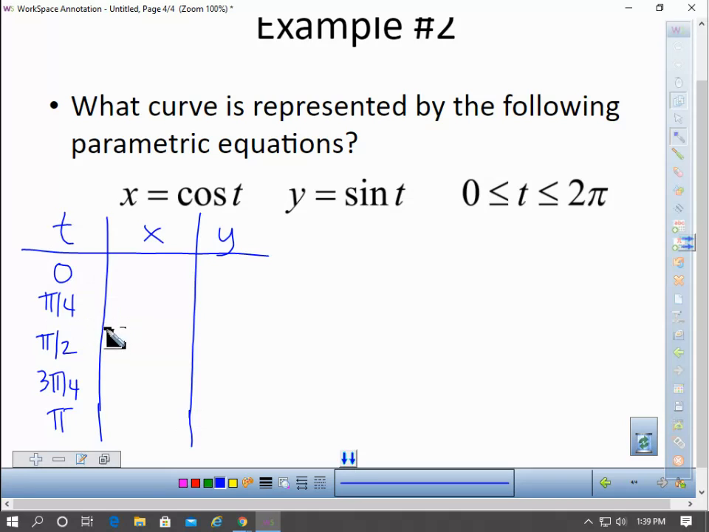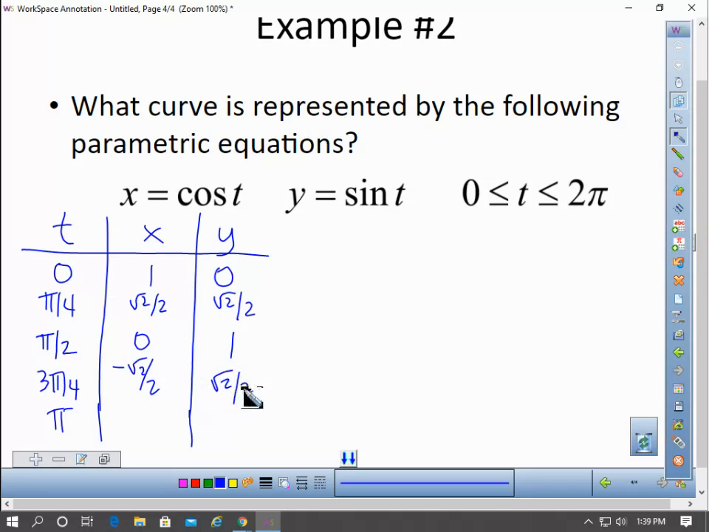So then I plug 0 into both x and y and just fill in the t chart. So I got 1, 0. And then here I got radical 2 over 2 and radical 2 over 2, because these are just the functions off the unit circle. And then negative radical 2 over 2 and radical 2 over 2. And then for pi, negative 1, 0. So then if you sketch it,